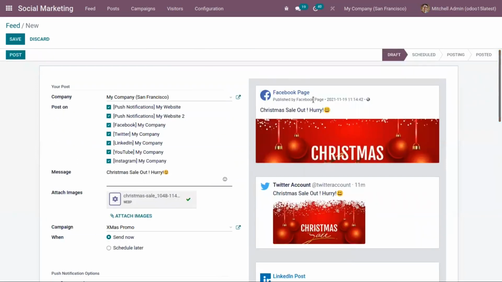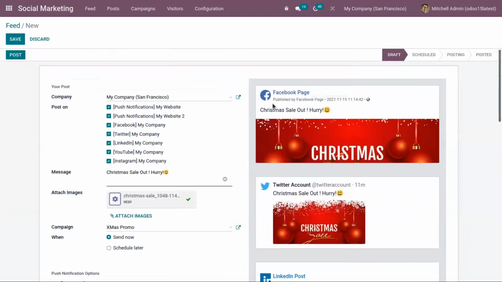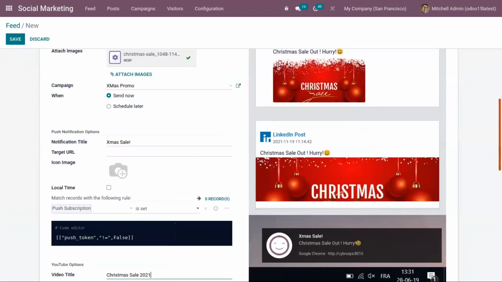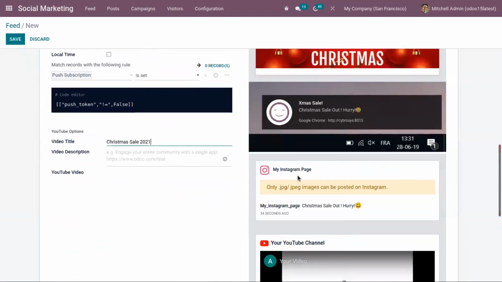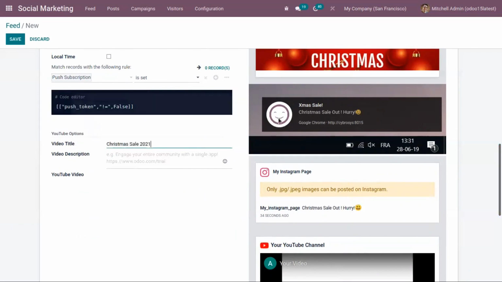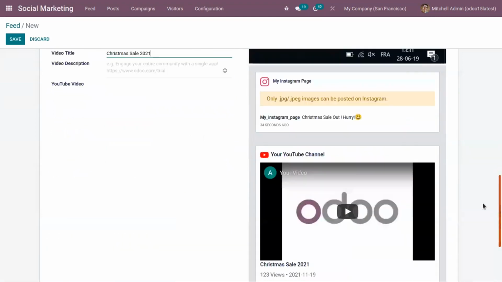So here on the right side, you can see how this will appear on the accounts. So you can see how it will appear on Facebook page, Twitter account, LinkedIn post, then on our website. So in this way, notification will be sent to the visitors. So you can find the push notification preview and on Instagram, then YouTube channel.